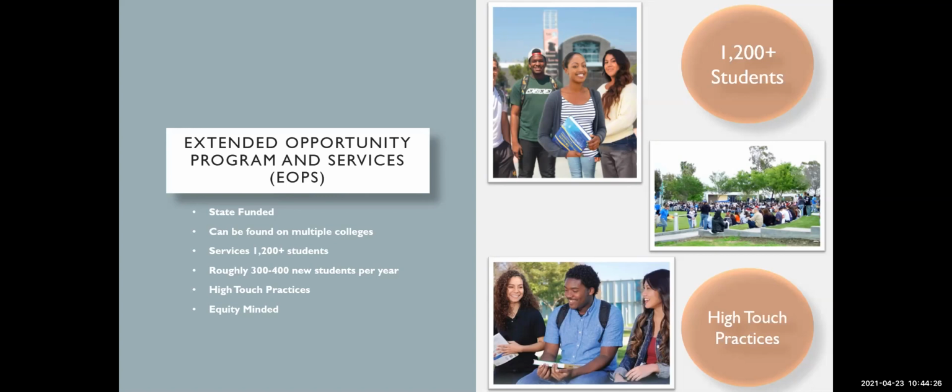And we practice an equity-minded approach. I stated earlier, right, we are here to support students that are facing academic and educational barriers, and that can mean a lot of different things. Just to give you some insight, EOPS was founded in 1969, and we were a response to the civil rights movement. Our goal was to provide access to education for students that typically did not have it. And so that kind of embodies who we are and how we serve our students.